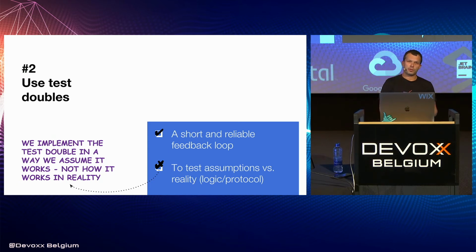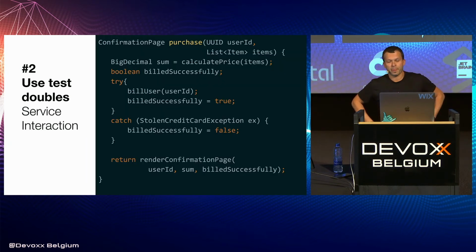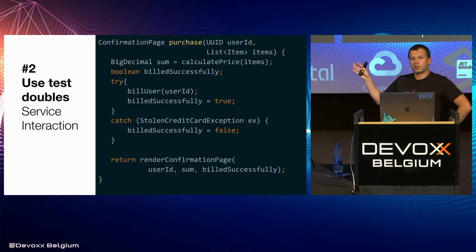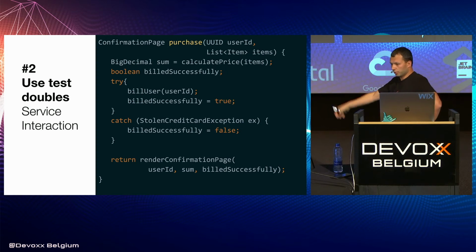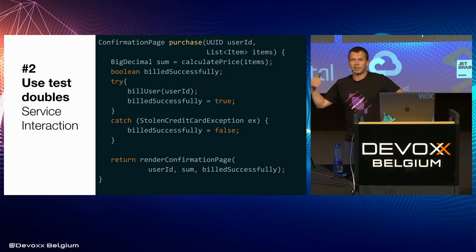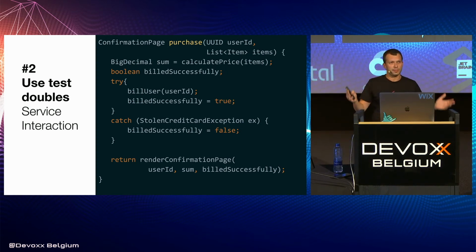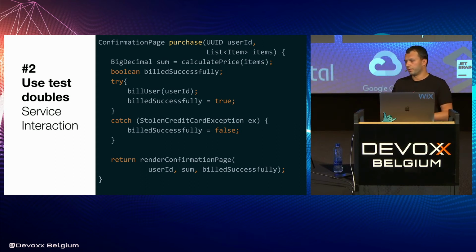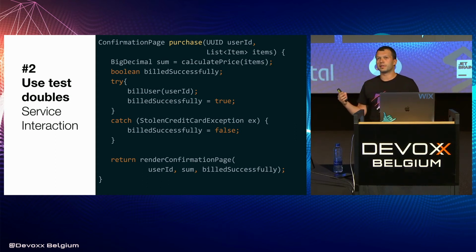Another problem with this approach is when the provider has some internal logic that we rely on. Let's see a code example to show this. So this is a production code of the store application. Okay, this is the method that does the purchase. Of course, it's very simplified, but just to make this point here. So this method gets the user ID and the list of items. It calculates the price,